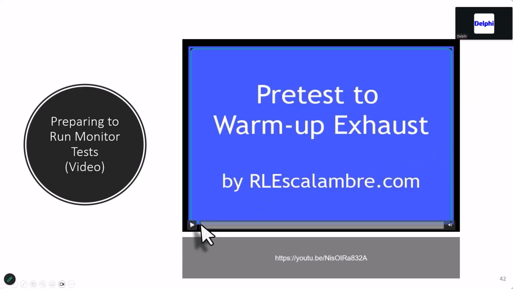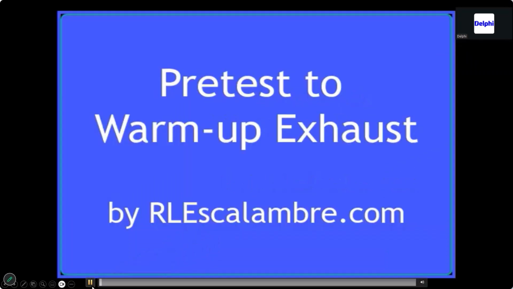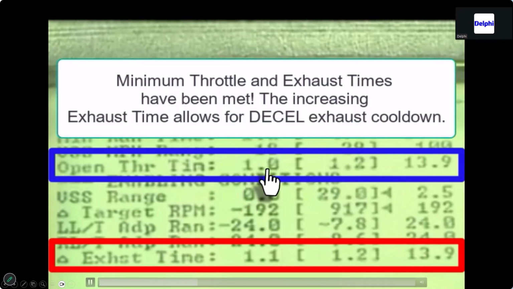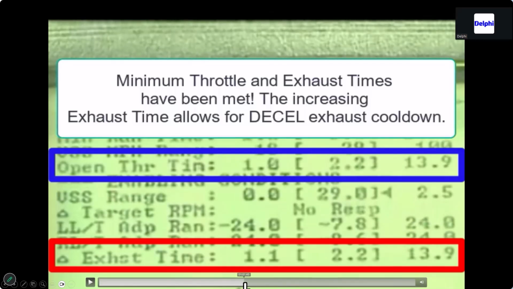This one here I'm going to run through very quickly and show you what I meant by warm-up temperature, warming up the cat. You all know this. You've done this. Look at the blue box, throttle open time. That's you. If you see this little arrow, we've got to get rid of that arrow. We've got to get in that window. When that arrow is gone, that is telling the PCM that the exhaust is heating up and we should be getting ready to run our O2 test, our CAT test, and in Chrysler's case, their key-off O2 heater test. Now you're driving it,